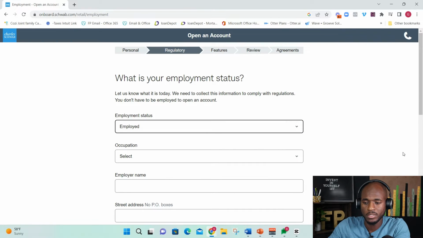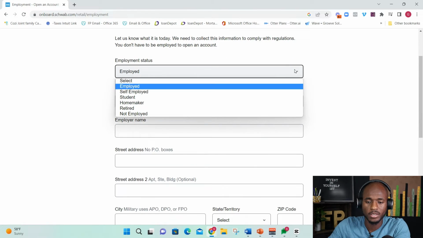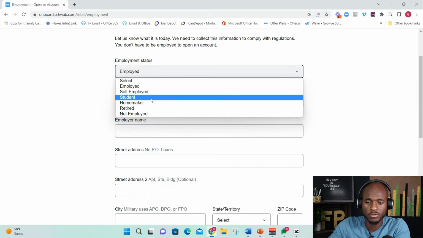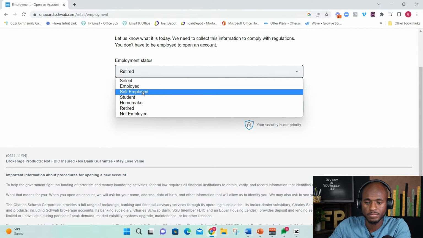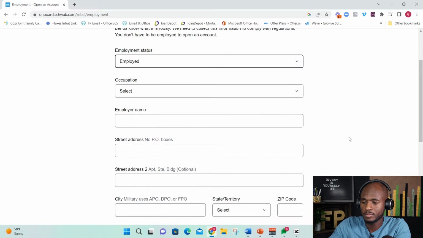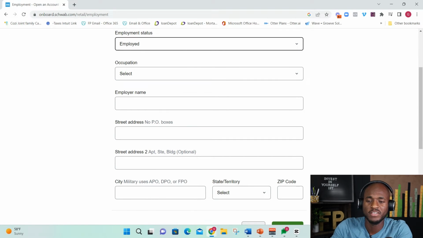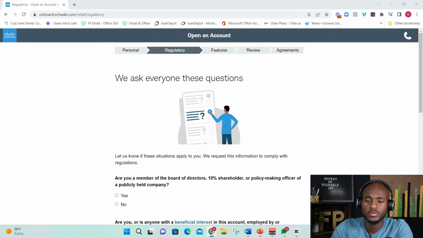If you are not employed, then of course the fields will change. If you're retired, obviously you won't have anything to put there. All right, now that I've entered that information in, we get into the regulatory questions, and everyone has to answer